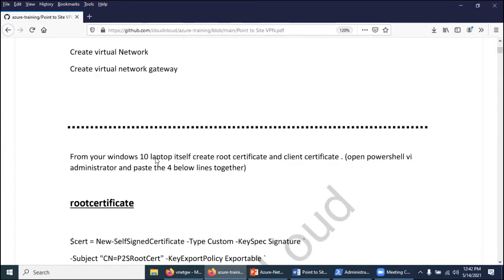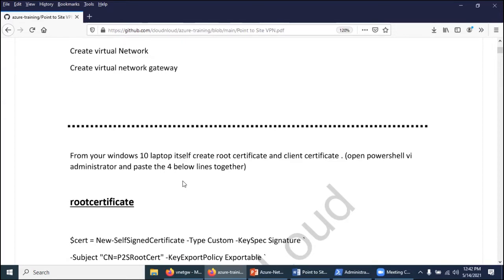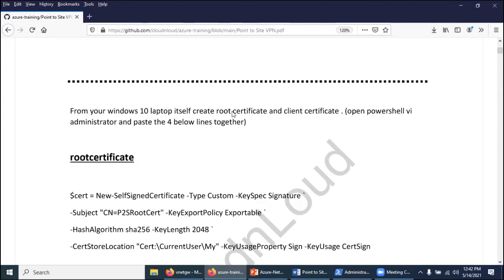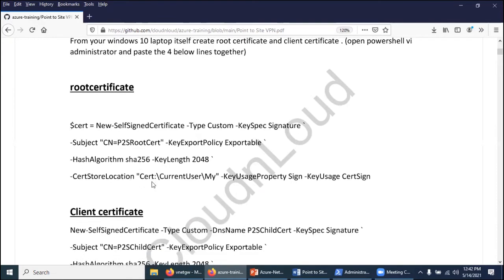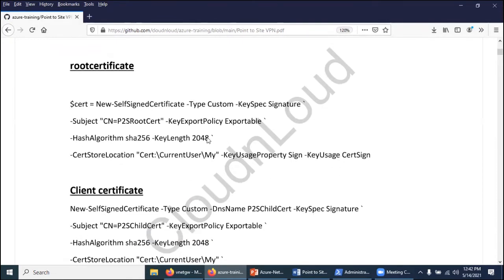Now from your Windows 10 laptop, open PowerShell in administrator mode, and first we will create a root certificate.